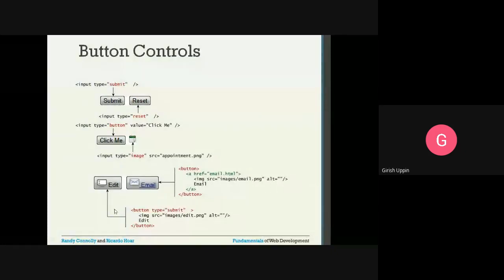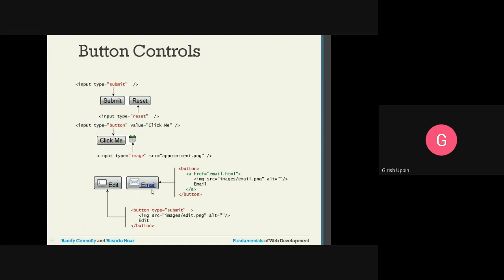But if you use the button html tag, then you can make some changes. For example, here we have included an image, and we have included some content other than saying submit. I have included edit here. So in the case of a button, you say type is equal to submit, then the image, then the content, and the closing button tag. So it will create a button like this.